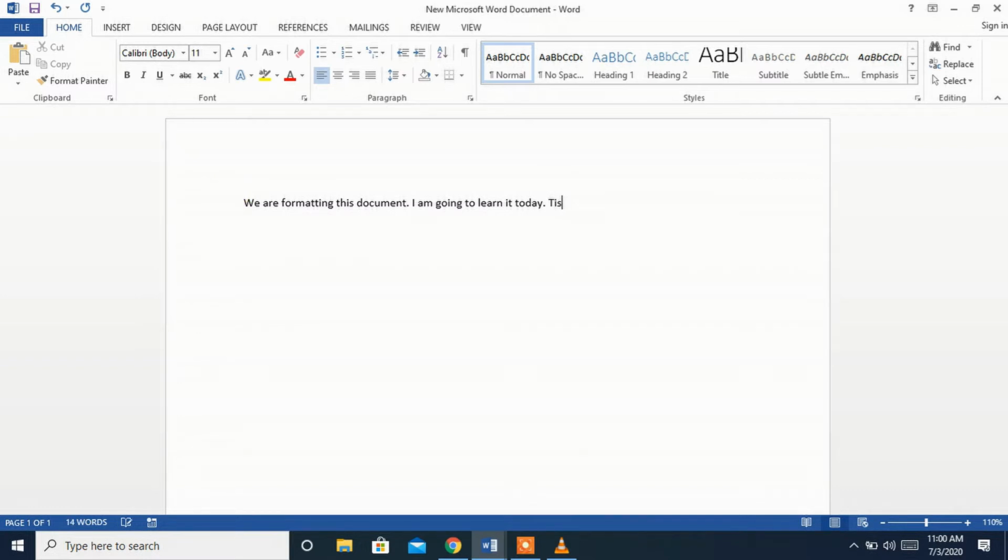This is MS Word. I am happy to learn MS Word. Whatever you just feel, you can just type it.